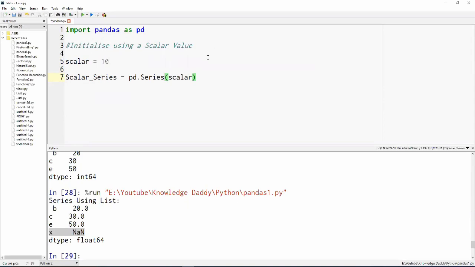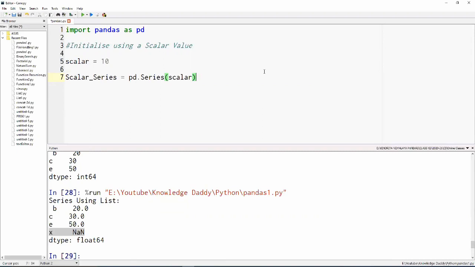Once we do that, the series is created. Now, what would happen? We have one scalar value in a series, so obviously the series should contain only one value, the same as the scalar value.